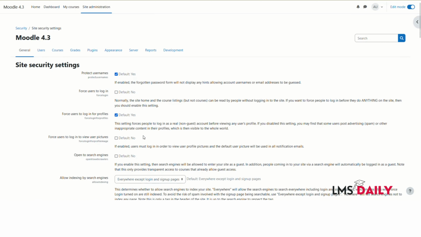Now on this page you can adjust the different security settings for your site, and the setting which we are right now interested in is force users to log in. It is by default set to no, and this is what we are going to set to yes for this video. You can see the description below that normally the site home and the course listings,